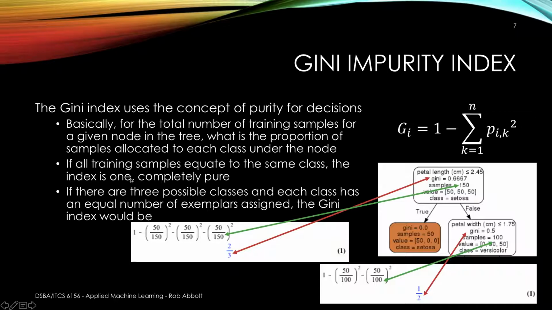So what that might mean is, and we'll go back to our iris data set here, our first fit would be to try to take that completely linearly separable class out